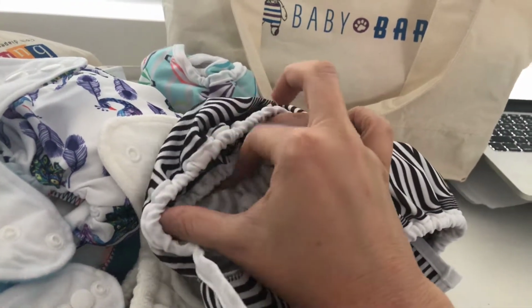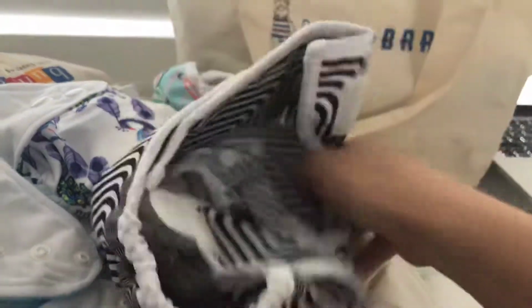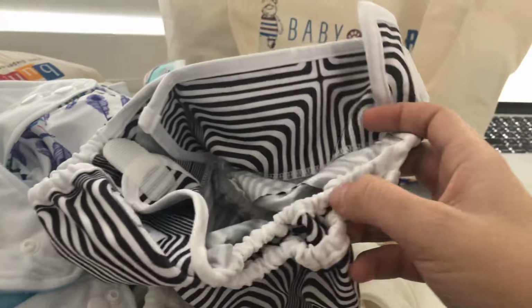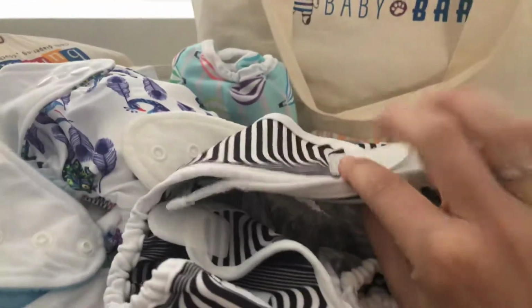So this bit goes around their leg and the hooks to them, and it sort of makes it almost like a bucket, I guess. Somebody described it to me like that, it makes it like a bucket, Jenny, and less likely to sort of leak. And I don't know about the less likely to leak, because I've never really had leaks out of my cloth nappies that don't have gussets, double gussets. But